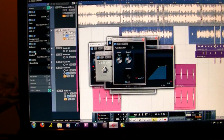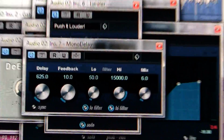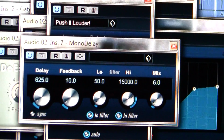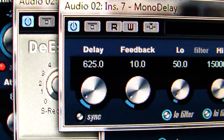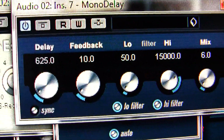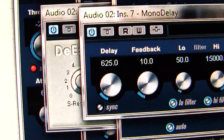And then after all this, you're finally at your delay. This is my delay preset, custom made. What I would change here is the delay. Alright, I guess that's not gonna work. The delay. The delay. See that? That corresponds to the tempo of the beat. Right now, I got that at 625. By default, I'll have it at 600, and if it doesn't sound right, I'll